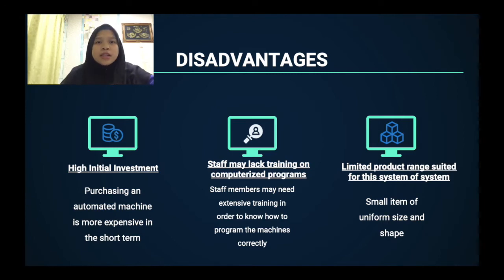And the second disadvantage is high initial investment. In the long run, implementing an automated storage or equipment is likely to reduce labor and increase productivity. But this benefit comes at a cost, which is the cost of initial investment. Like many